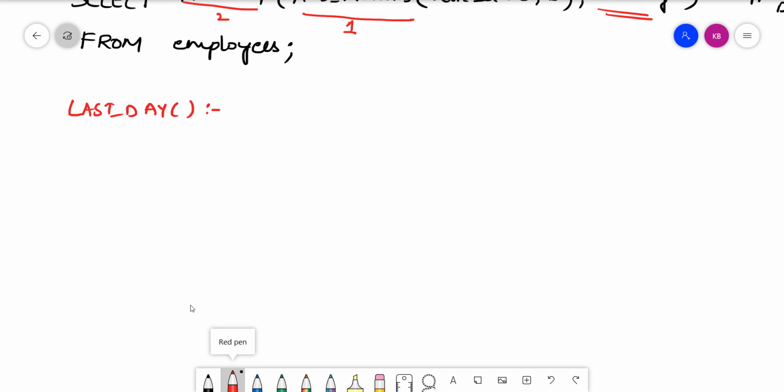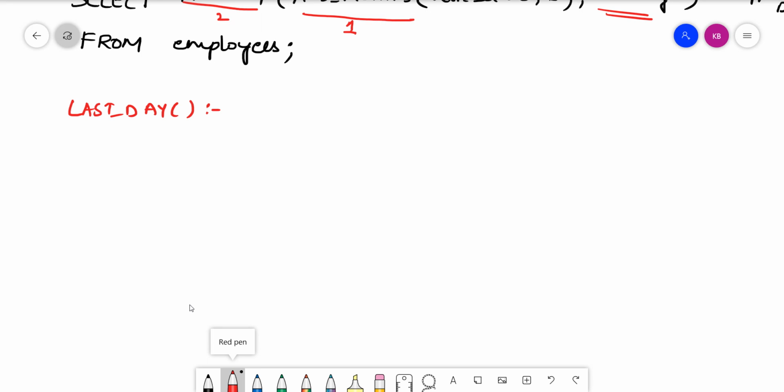What is the last date of February? What is the last date of July? Yes, what is the last date of April? We do not know, because some months will end up with 30, some months will end up with 31. And in 1995 February, how many days do we have? Who knows, right?